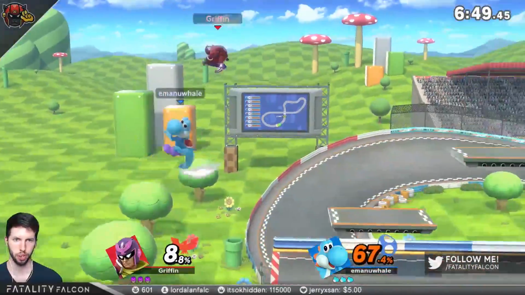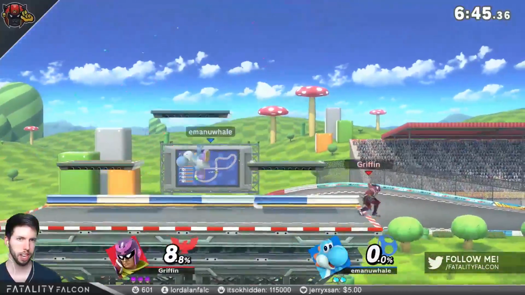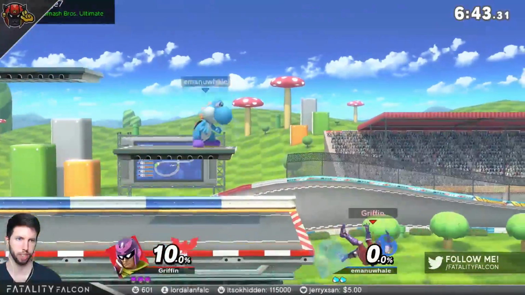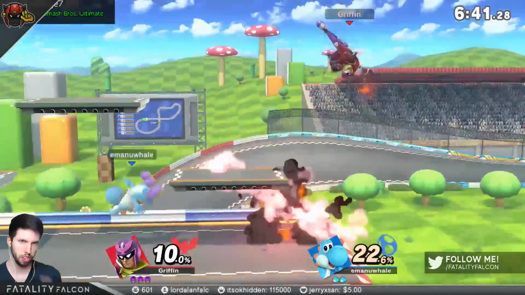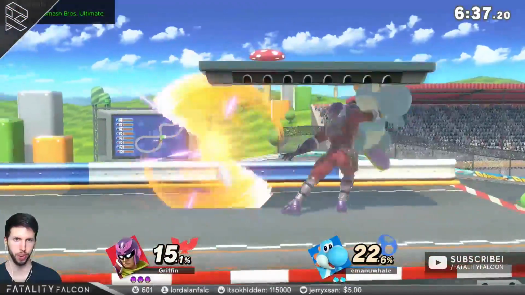forward tilt, and even whip punishing with jabs sometimes. Because you can usually squeeze in between tiny little openings with their moves and whip punish with jab, but only